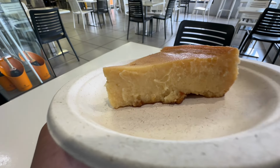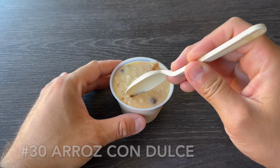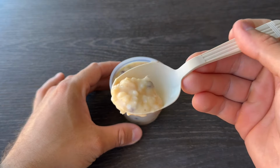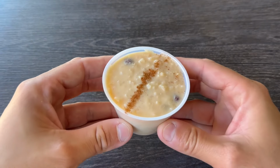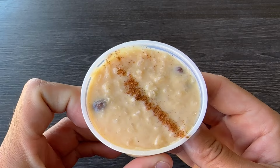at restaurants as desserts. Here, we also tried a rich and creamy traditional Puerto Rican dessert called Arroz con Dulce. Arroz con Dulce is made by cooking rice in coconut milk, adding sugar, raisins, and aromatic spices like cinnamon and cloves. Arroz con Dulce is typically served during Christmas time, but you'll also be able to find it at many